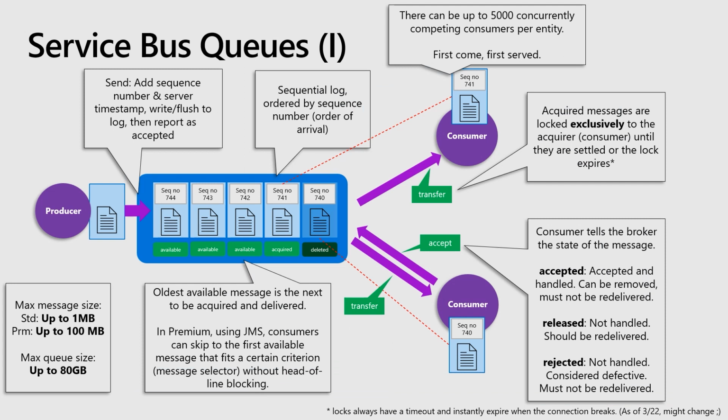Now let's talk about queues and their capabilities. When a producer writes to a queue, it sends via a networking protocol. And it does that using AMQP typically. That's the standard protocol that we use, but you can also do that over HTTP. What happens when the message gets there? It adds a sequence number